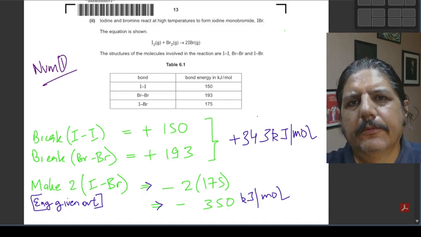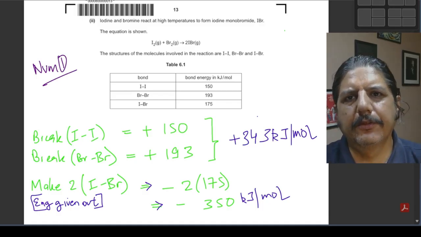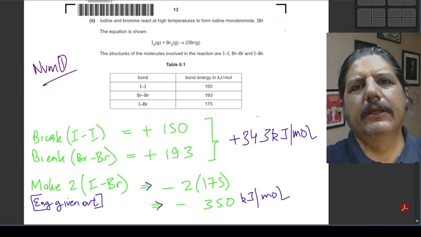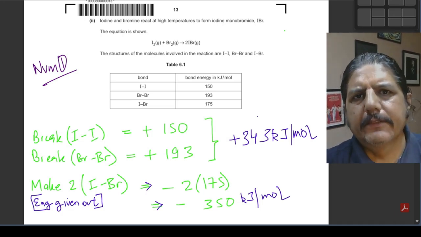Looking at a few enthalpy reactions now, where we have to calculate the enthalpies, and more or less in every chemistry